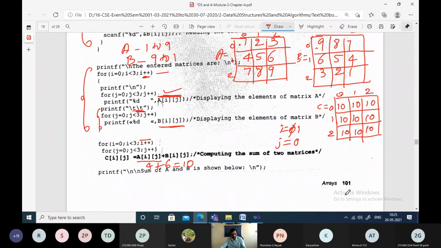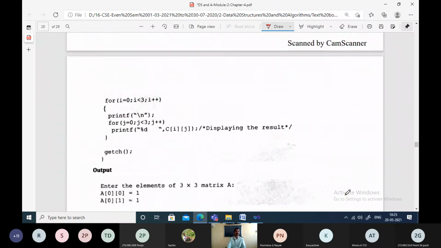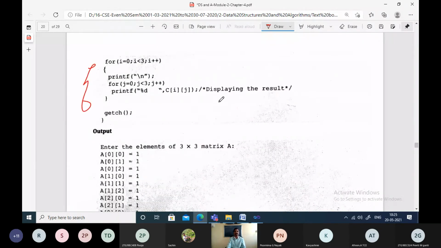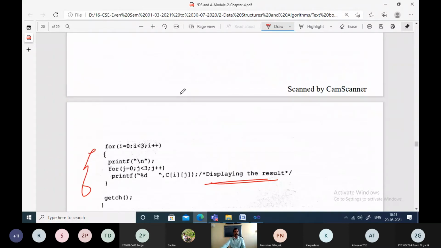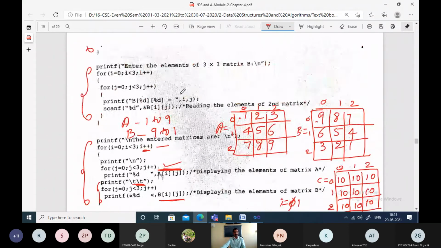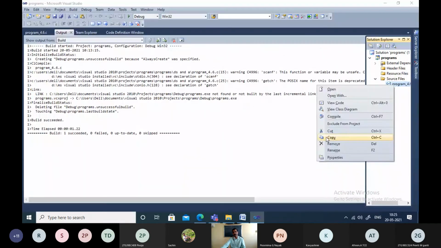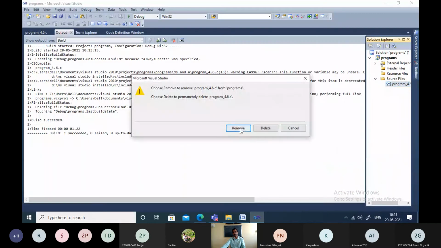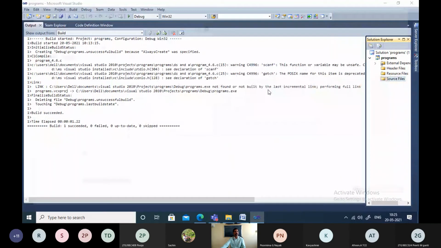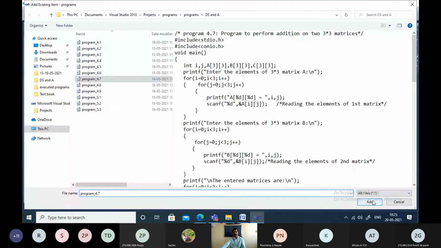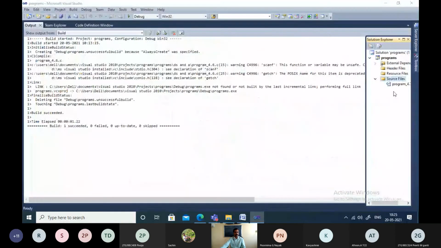This is how the addition is being done, and then we are simply displaying the matrices again. I'll try to give one demonstration, program 4.7. The matrix which we have seen just now, the program.